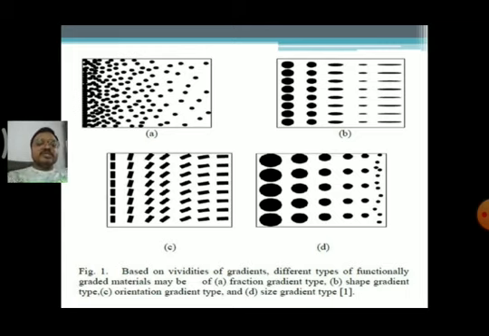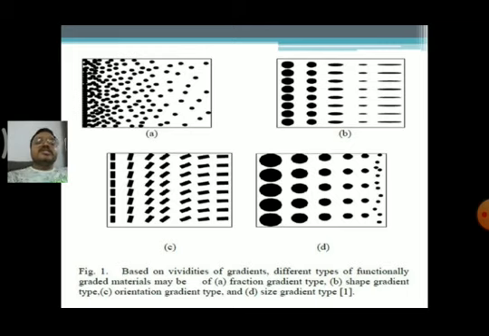Orientation means change of direction, that is in the x direction, y direction or z direction. In the three-dimensional axis we are seeing the three dimensions, x, y and z. Here we are seeing rectangular flakes, rectangular box-type models, in the y direction. Assume it is in the y direction, and going to the second phase there is a tilting towards the right side, about 15 to 20 degrees, and in the third phase 30 to 45 degrees, and in the fourth phase they are